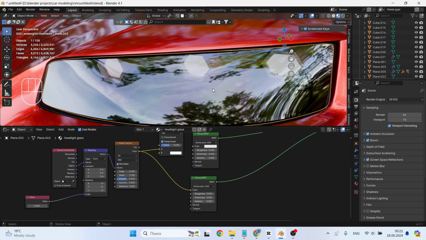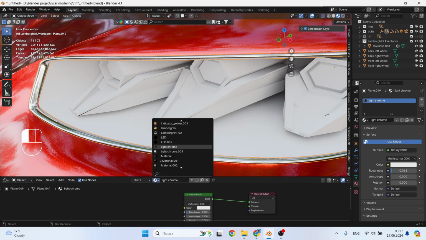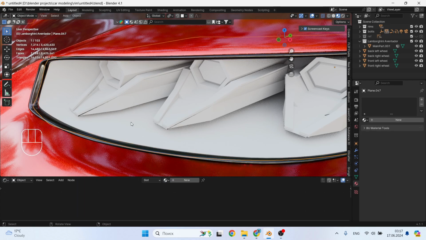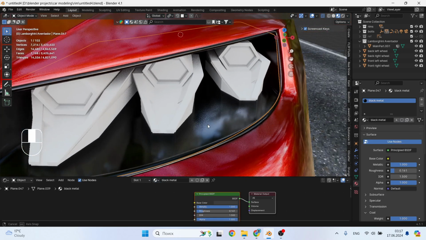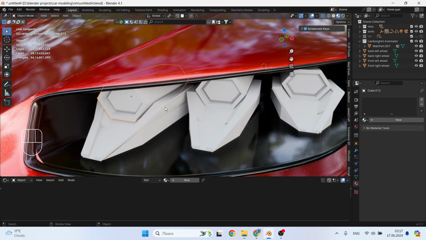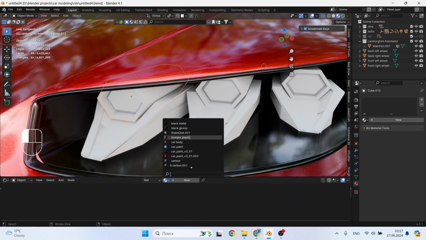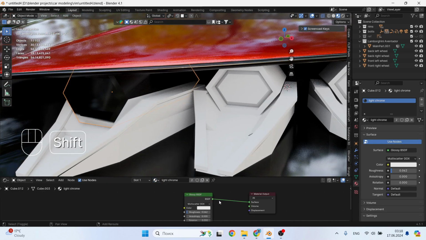And so we move on to the headlights. We will make the strip around the headlight glass from black metallic as in the reference, because if you give it chrome, it will reflect the environment. We also make the inner part of the headlight black metallic with a slight shine. Now you can paint the light emitters, give them new materials, rename them and make them chrome but with medium roughness.